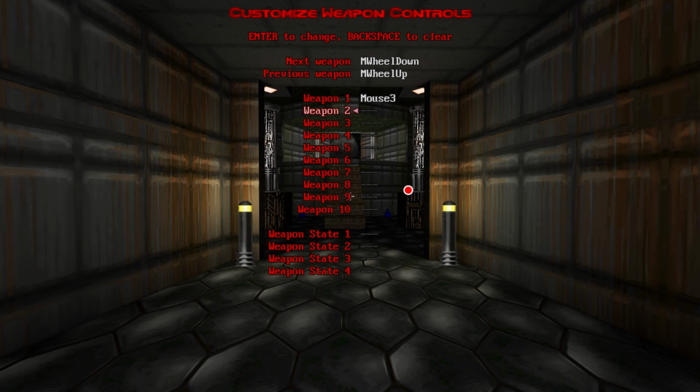And then you can designate up to, is there really 10 weapons in Doom? I don't know off the top of my head. Mouse 3 is pushing the middle mouse, the scroll wheel in. I've made that button be my fists or chainsaw if you have one, just so I can quickly switch to that weapon. Otherwise, I'm just going to be mouse scrolling the weapons because